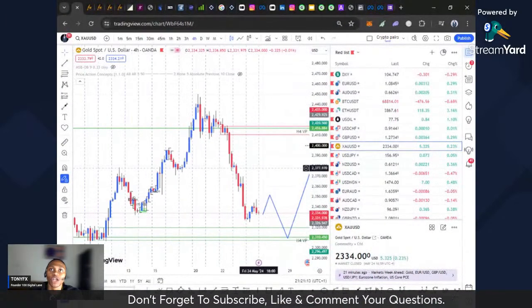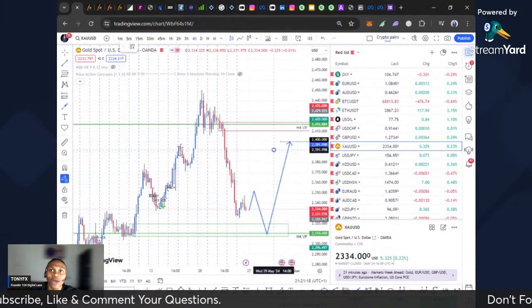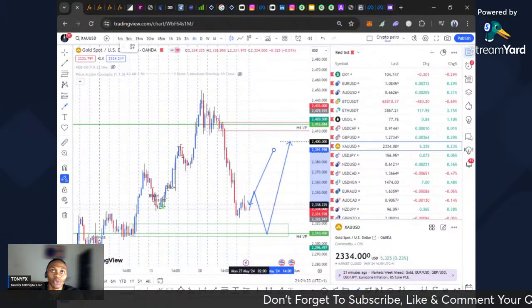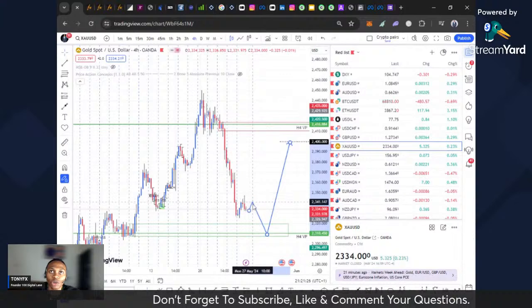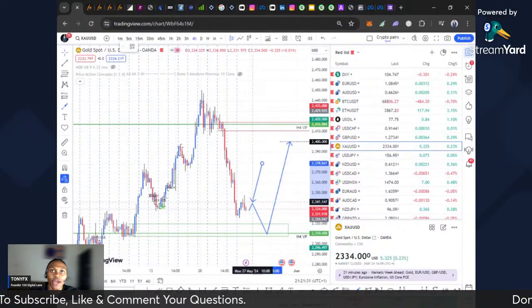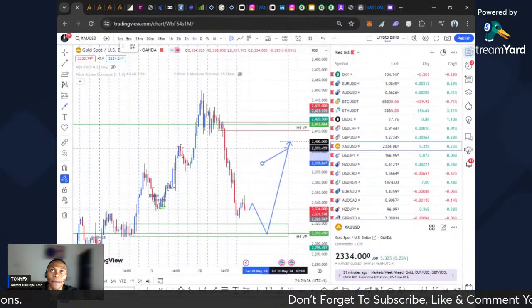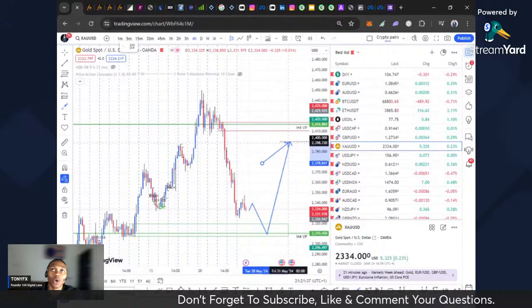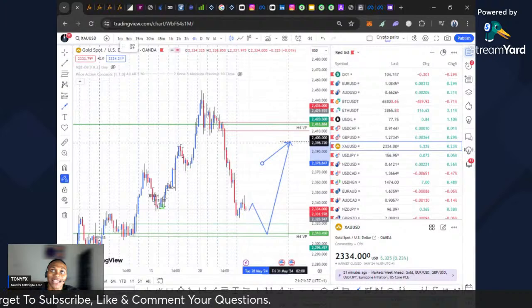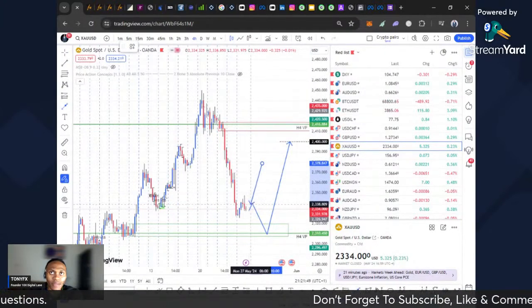So for gold, I'm looking for my buy setups. I'm not interested in sell setups for gold right now. What I expect for gold is that it could still go up, grab liquidity within here, grab some liquidity with this resistance zone over here, and then it drops towards this demand zone. From this demand zone, you can start pushing to the upside towards the psychological level of $2,400 per ounce. There are some orders it needs to grab here.